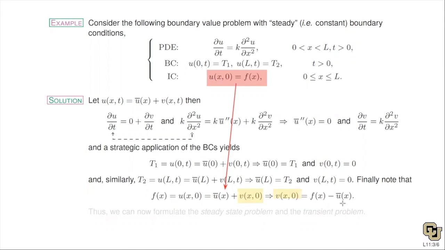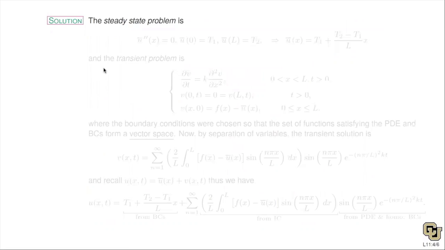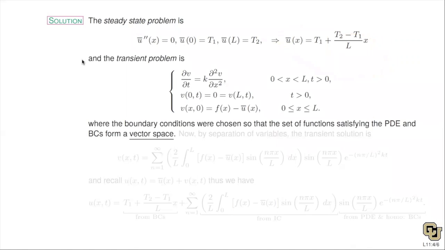And so this becomes our initial condition. Now we can formulate our steady state and transient problem. In the steady state, there's no internal source. We can just integrate twice, apply the boundary conditions, and you get this type of linear steady state. And then the transient problem